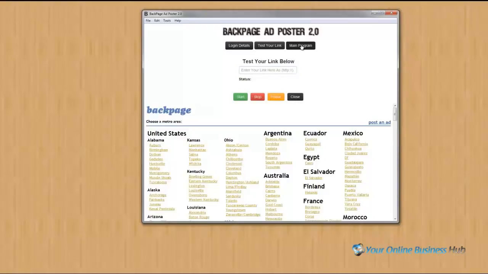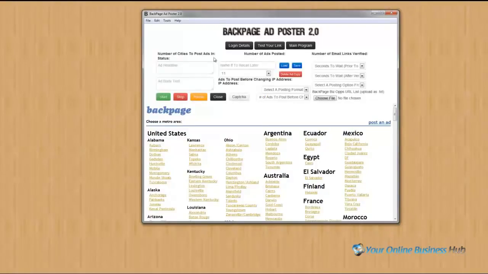Lastly, we'll go ahead to the main program tab. This is where all the action happens. For those of you that own version 1, or if you've seen version 1, you'll notice that things look pretty similar, but there are some enhancements. So basically, you have your ad headline, your ad body text. You can spin both of these fields. That's the same. You can also, and this is a new addition, save those details just by naming this,